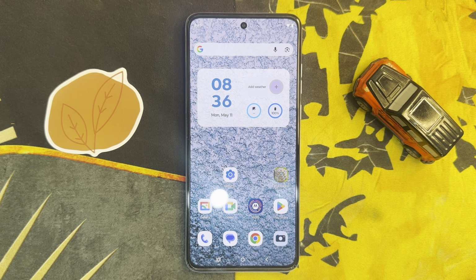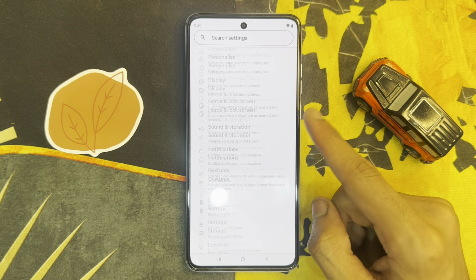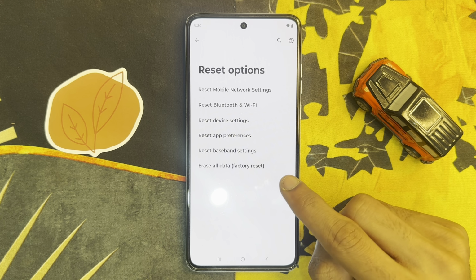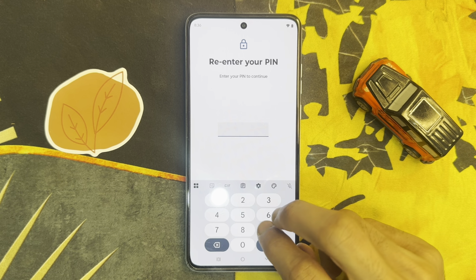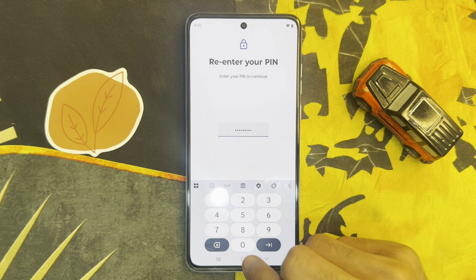But if it is still not solved, go to the app library, click on the Settings app, click on System and Reset options, reset all settings, enter your phone PIN, and click on this icon. You will see your